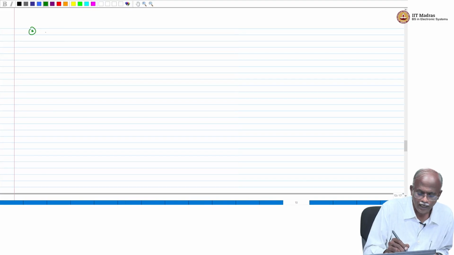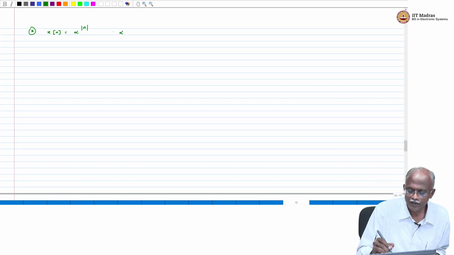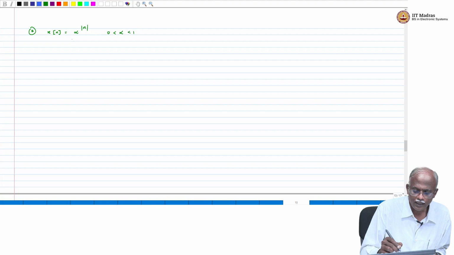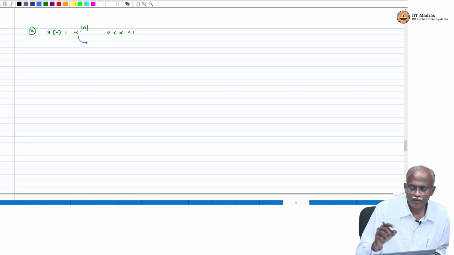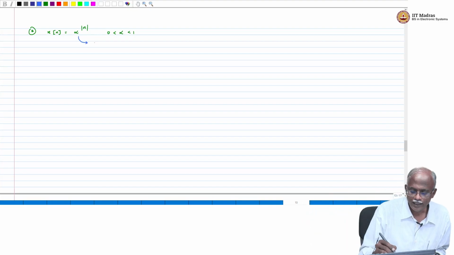Example number 3. x of n is equal to alpha raised to the power modulus of n. We are given that alpha is a real number in the range 0 through 1. Now, is this a decaying exponential or a growing exponential? Alpha is less than 1, so for positive powers of n you will get a decaying exponential. So we can make the following statement: it is a decaying exponential